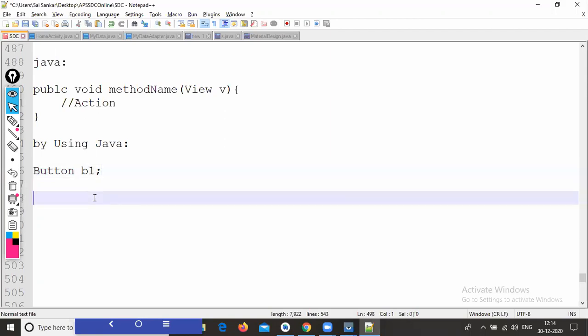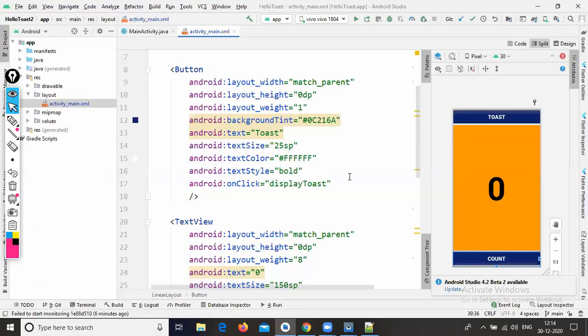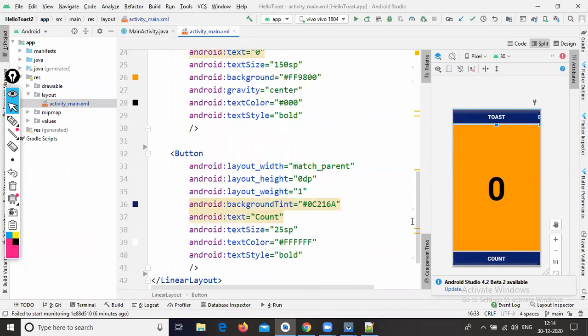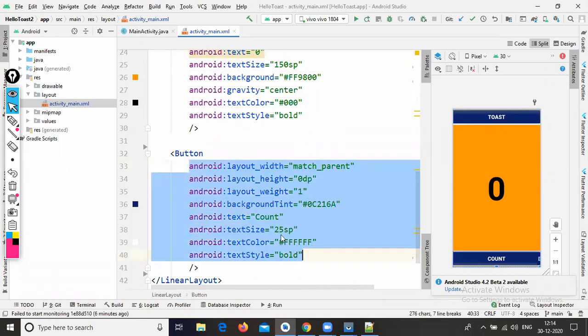As in yesterday's project, you didn't get any ID here. If you observe our project clearly, in these properties we are giving only width, height, weight, background tint, text size, text color, and text style.